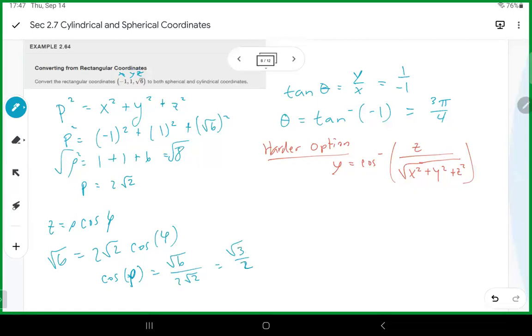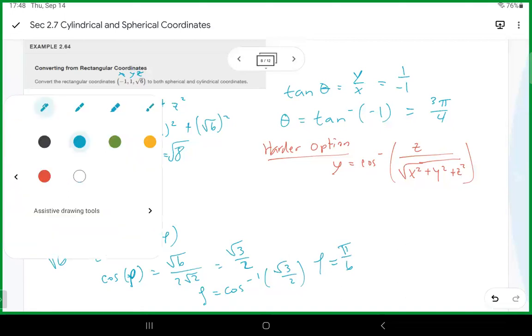So then we would have to find cosine inverse, which is going to give us pi over 6. Okay, so if we put all that together,